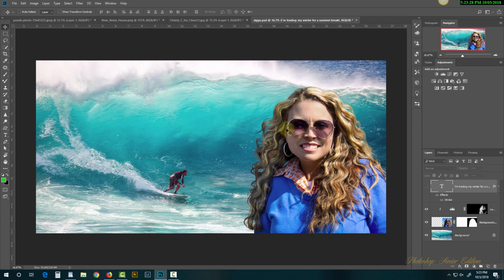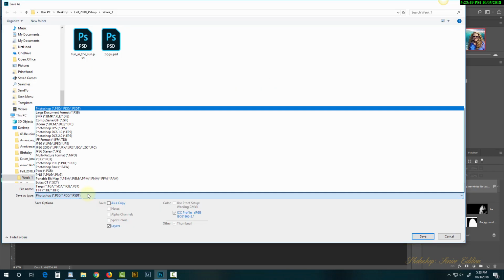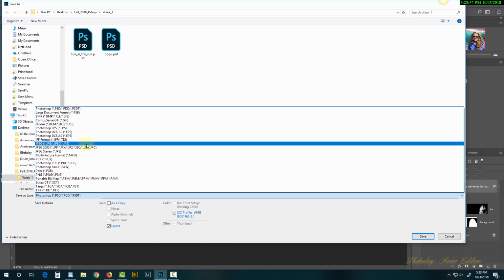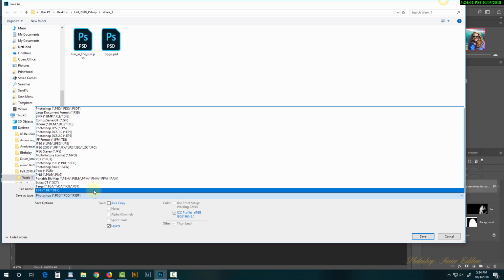Looks pretty good. So now instead of saving it the way we did, save for the web, we'd save it according to what the printer wants. Number one, if you're sending it to a printer, you need to find out what format they want it in. Some outfits will say, let's go to save as. Some will ask you to save it as a PSD file, which we're familiar with. Some will ask you to save it as a JPEG, which reduces the quality a little bit. Be aware of that. Some may ask you to save it as a TIFF image,